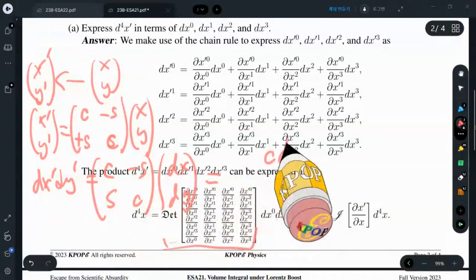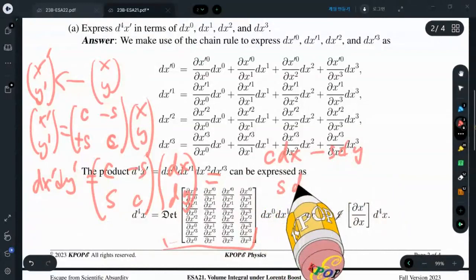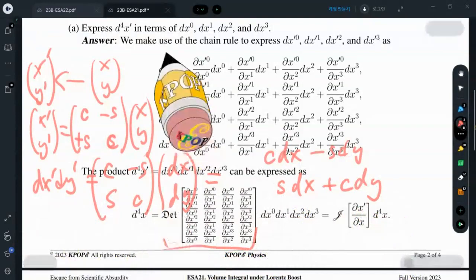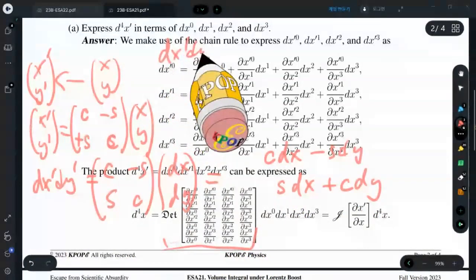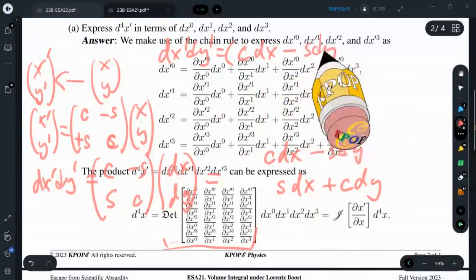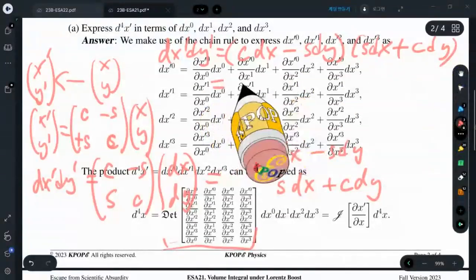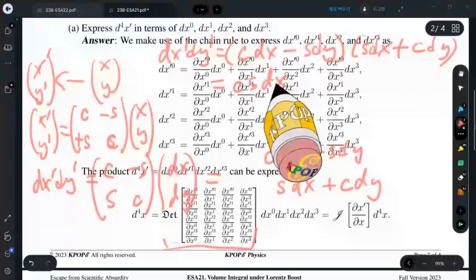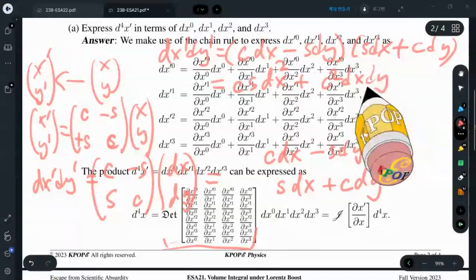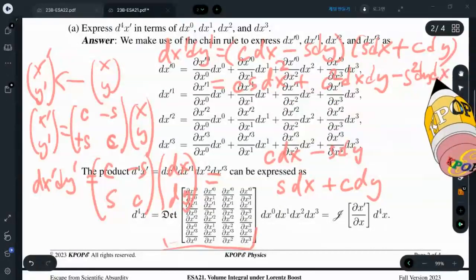Multiply the matrix: c dx minus s dy, with s dx plus c dy. What is the volume? dx prime dy prime equals this product: c dx minus s dy, times s dx plus c dy. That gives c s dx squared, c squared dx dy, minus s squared dy dx,